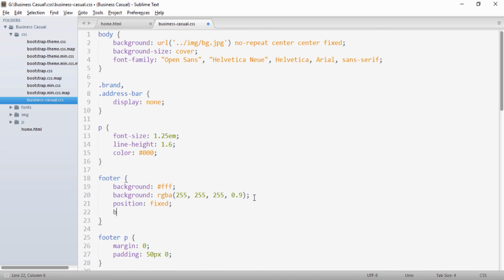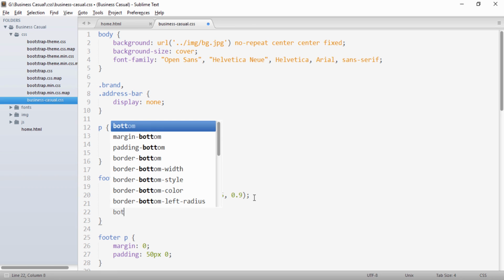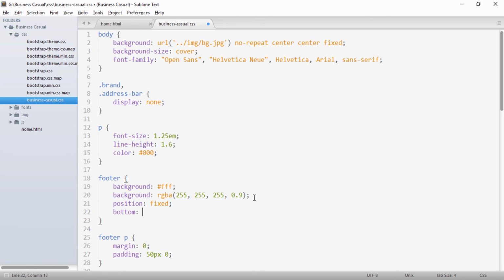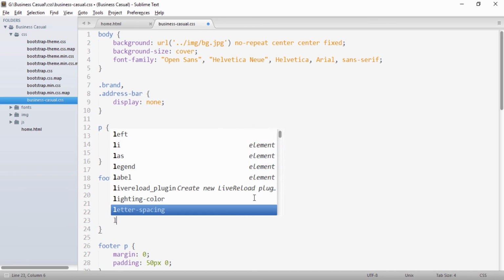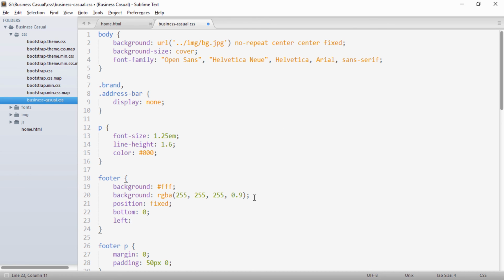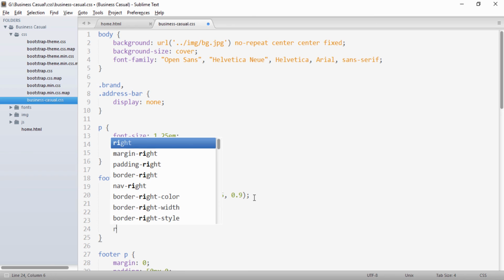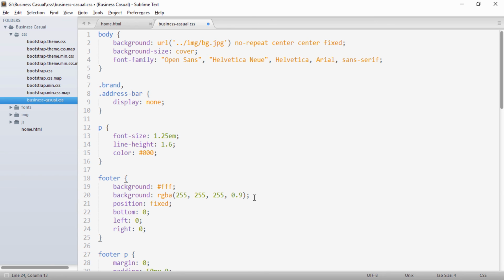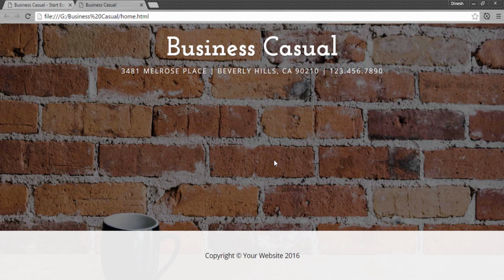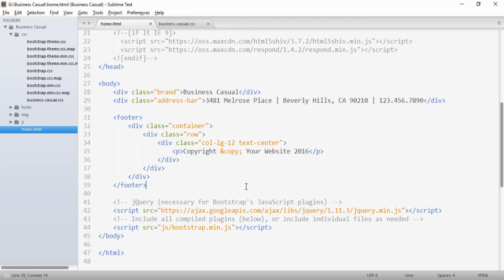We will also give the property bottom as 0, left as 0 and right as 0. Basically these numbers are the length. If I show you now on the browser, you can see that our footer, which initially was here, has now come to the bottom of the website.